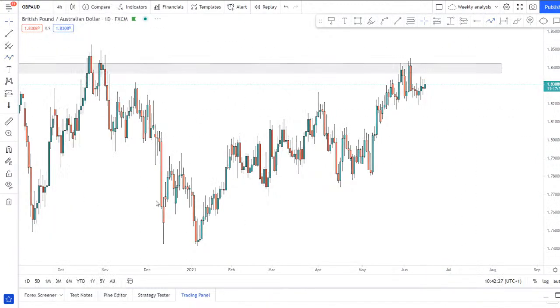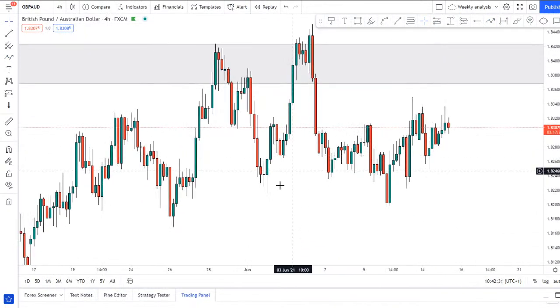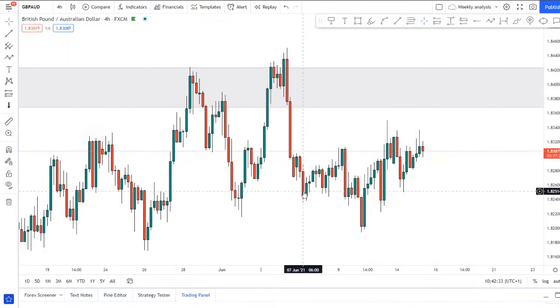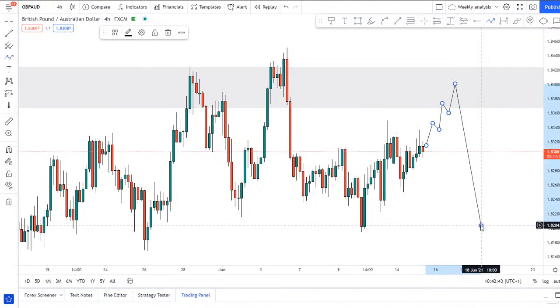But yeah, it is a very, very key level, and I do expect to see a bit more of a bearish reaction from that level. As you can see, we've seen some nice injections of bearish momentum. So since we're having a hard time pushing it up, I reckon when we do get there, we could see a nice push to the downside and maybe see a push back to 1.8,